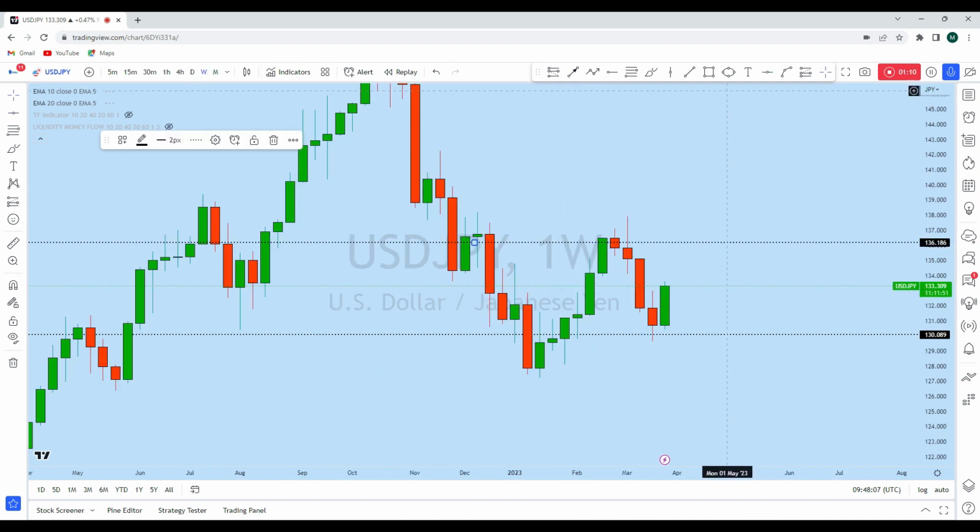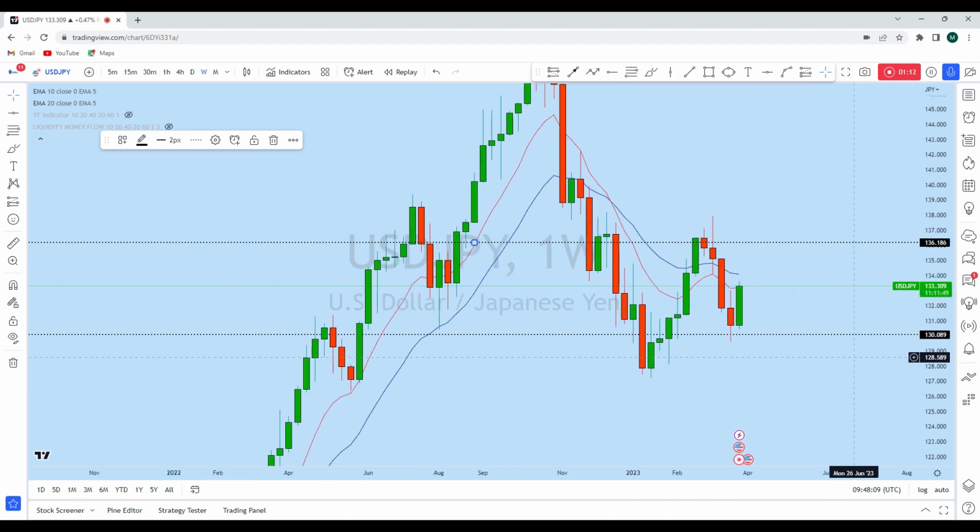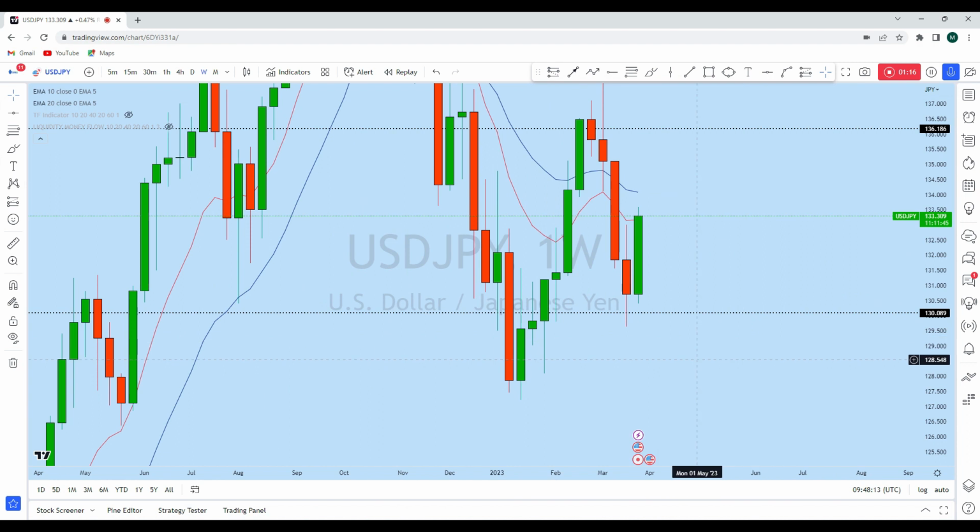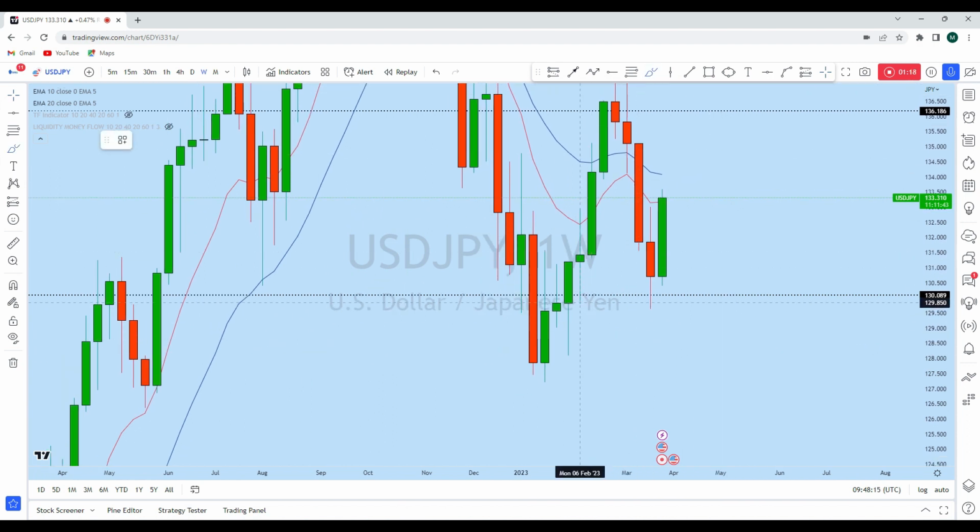If we look at the weekly perspective on dollar yen, we see that there is already a liquidity gap from this weekly support. As you can see below this doji, there is a huge liquidity, and there is a trigger of this liquidity, and the price started to move to the upside. Now, as you know, the price moves from liquidity to liquidity. From this level, we can expect dollar yen to go ahead at least to test this liquidity zone,